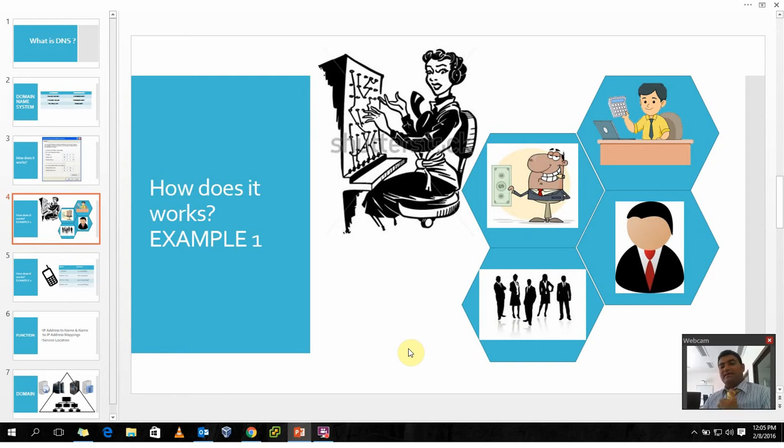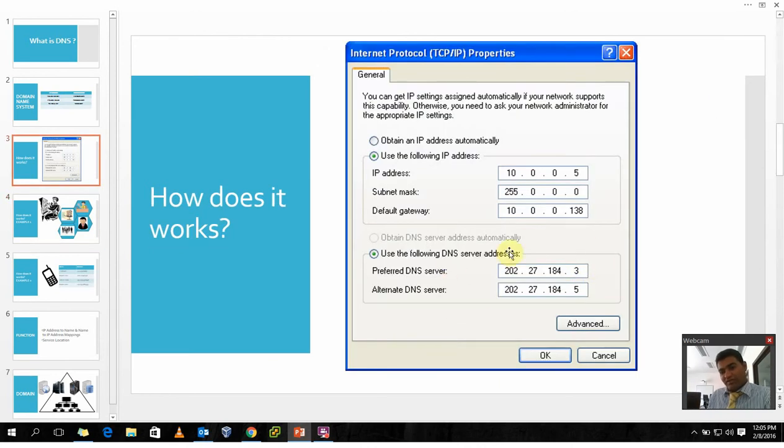When somebody sends you a request to connect with this specific web server, like I want to access your company website, what I will do is go to the address bar in the browser and type your company website, www.facebook.com or microsoft.com. So what will the DNS do? Using the IP address mentioned in your DNS parameters